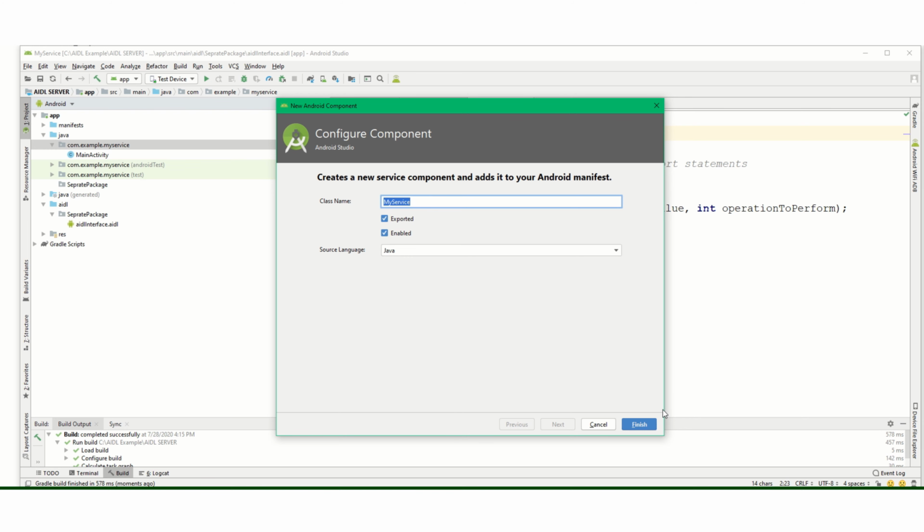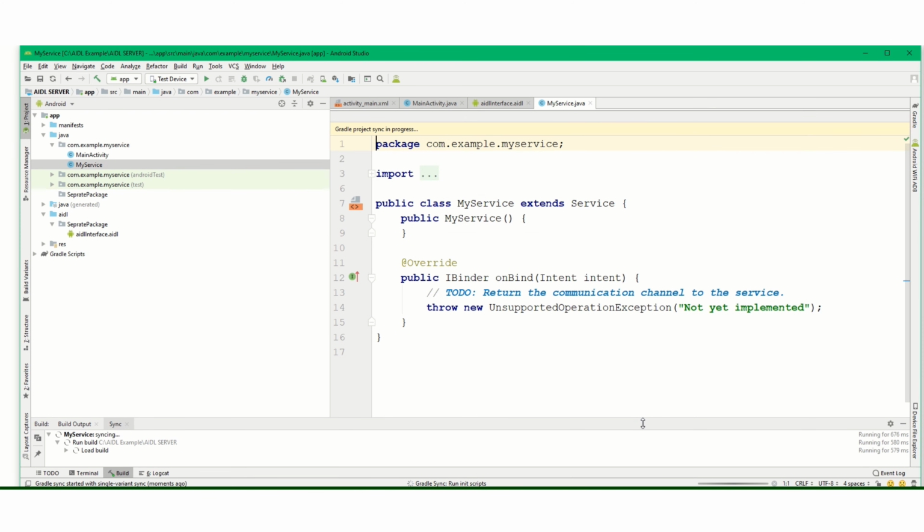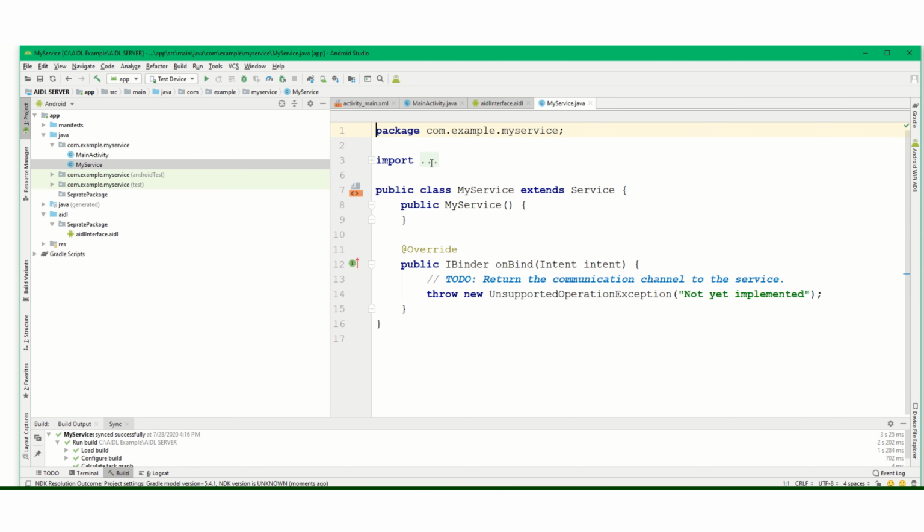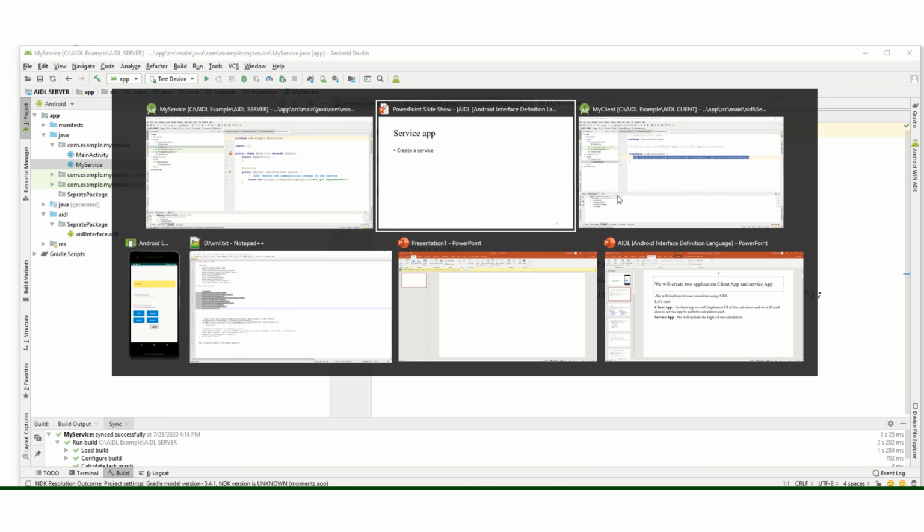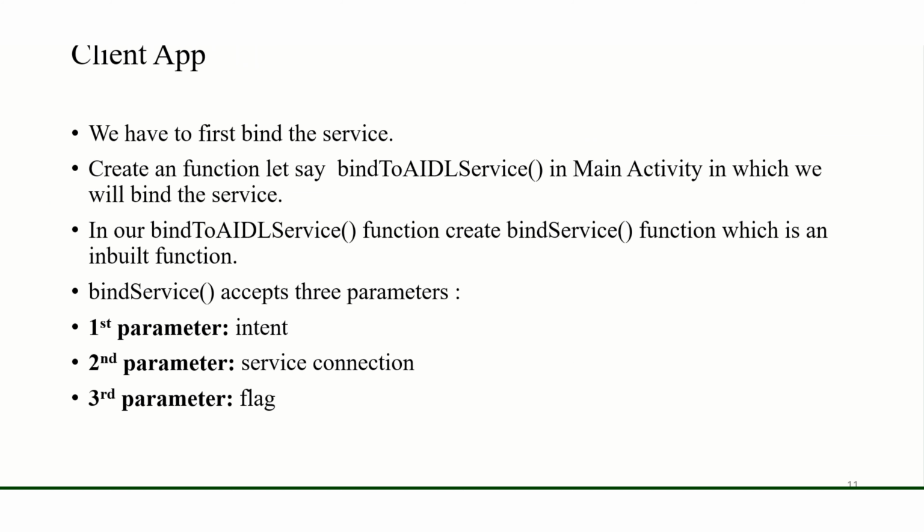Let's keep it as it is. So my service has been created, which is extending a service, right? Now come back to our client app.